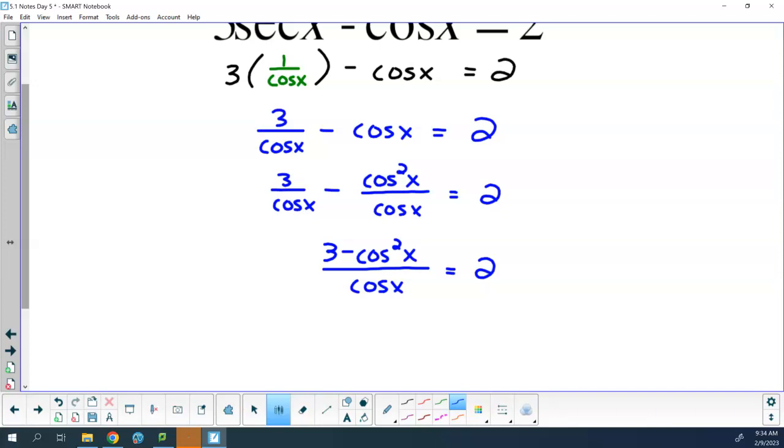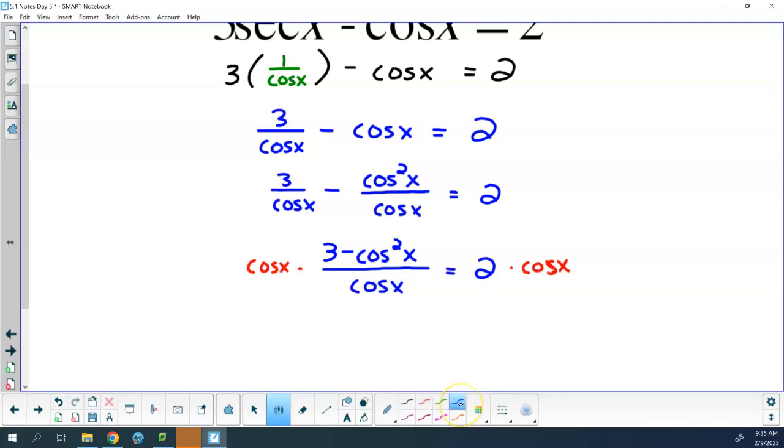Now, where I saw a lot of people make a mistake was way back in that warm-up problem I told you about too. I can't cross out a cosine here because it's a binomial on top. So I can't do that. So now here, I would have to multiply by cosine. So either way, option 1 or option number 2, you're going to have to multiply through by a cosine at some point in time. If I multiply this side by cosine of x and this side by cosine of x,